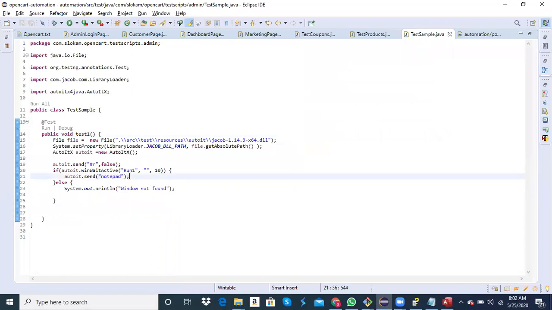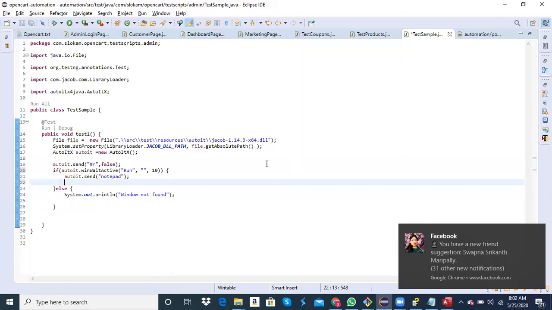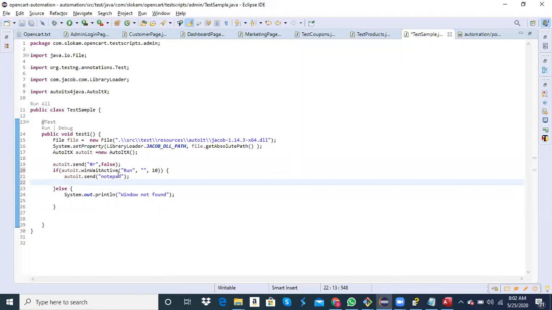After typing the notepad, what is the operation that you need to do? What is the next operation? The next operation is you have to press enter, or you have to click on OK. I told you the Windows button is hash, and obviously you should know the other buttons, like what shift uses or what enter uses, right?